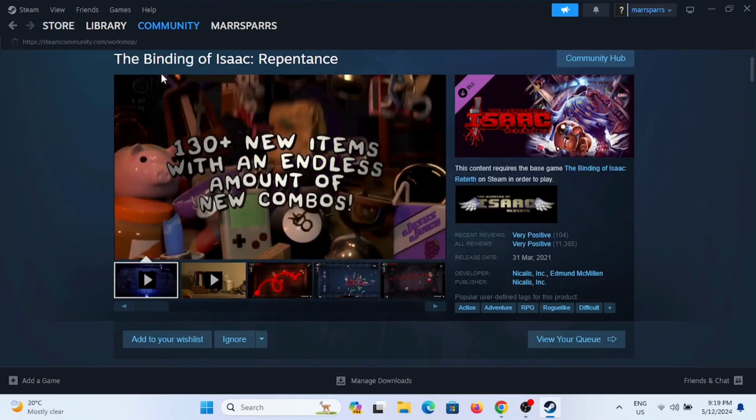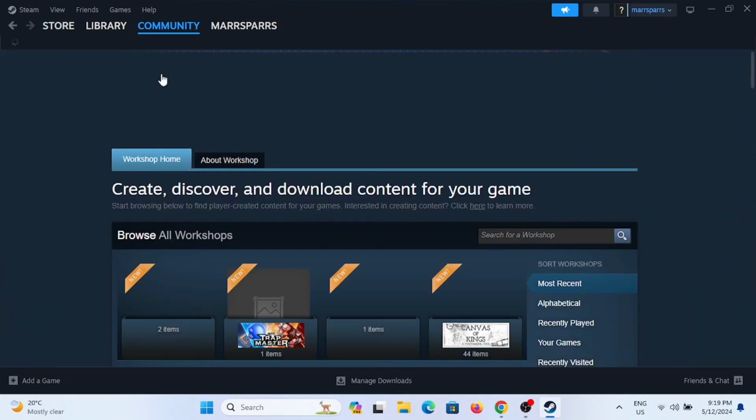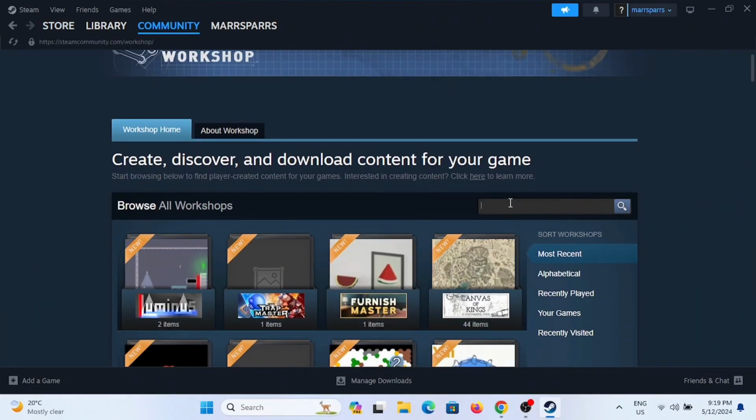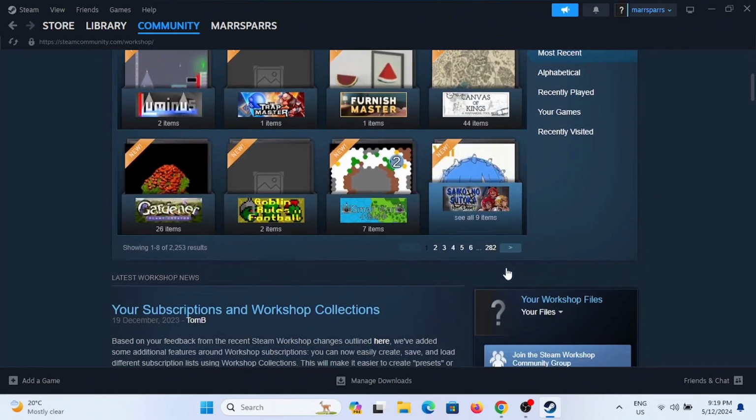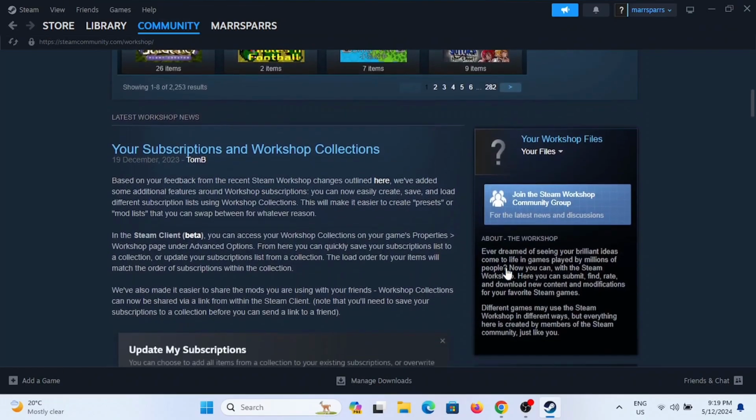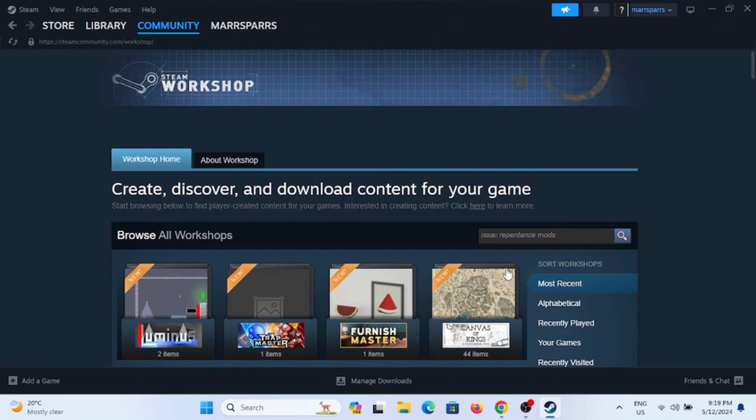Second option, check out the community option and head to your workshop. In the search bar, just go ahead and search for mods for Binding of Isaac Repentance. When you give it a search, it will display all of the mods that you can add to the Binding of Isaac Repentance. You can launch the game application and navigate to the mods section and just add the mod